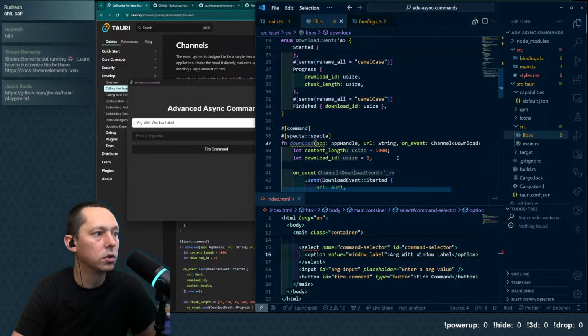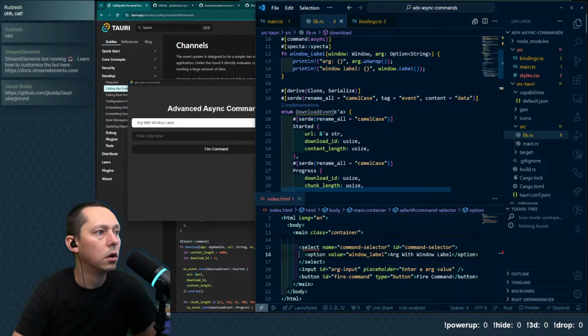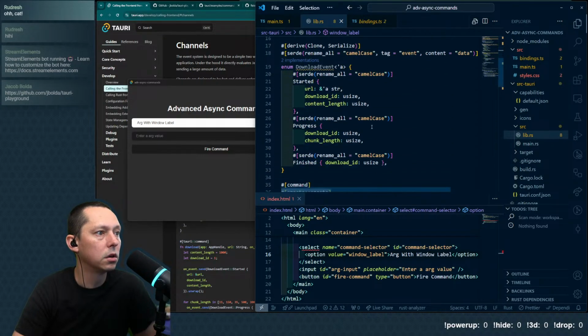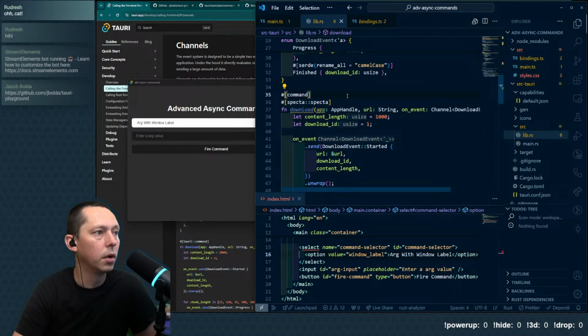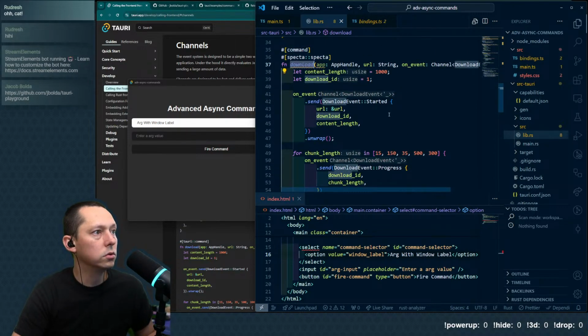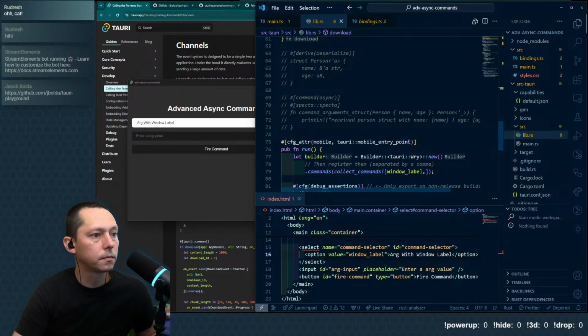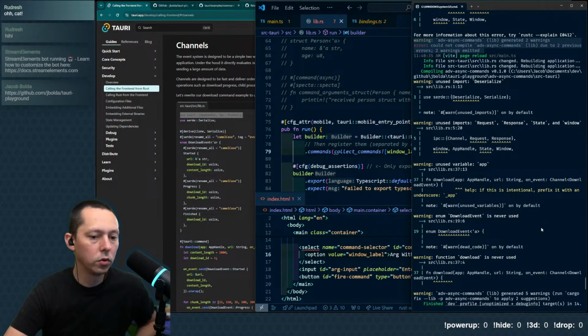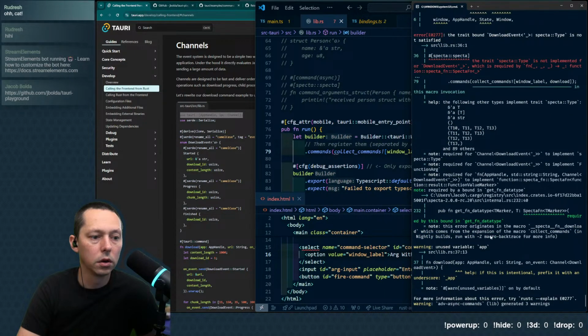Function download is never used. Command async specta. Command specta. We do need to add it here. So now this is going to run through Specta and then eventually the handler.